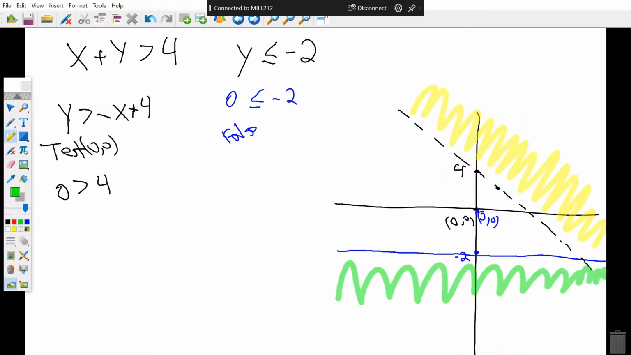So our only overlap on this one is actually where? Just right here. And obviously it would extend if our graph was bigger, but this would be our only area of overlap. Is this what our graphs look like? Hopefully. Okay. All right, let's try